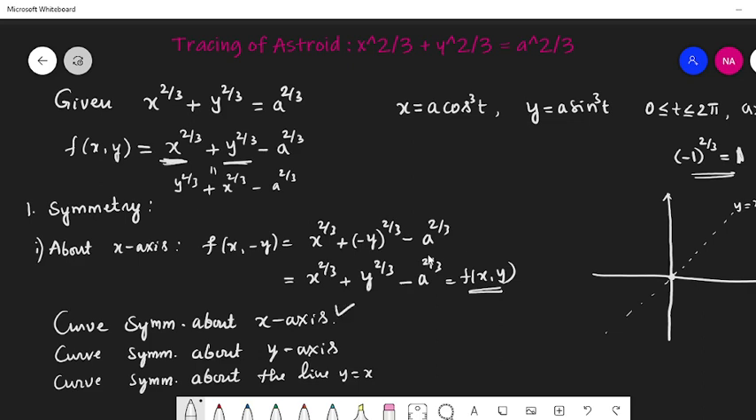Let us look into advantages. When the curve is symmetric about x-axis, we can just worry about the upper plane, first and second quadrant. When the curve is symmetric about y-axis also, it is enough if you worry about the right plane. I mean, if you just worry about the first quadrant, same thing should be reflected in the second quadrant, and then whatever graph you get in the first and second quadrant, same thing should be reflected in